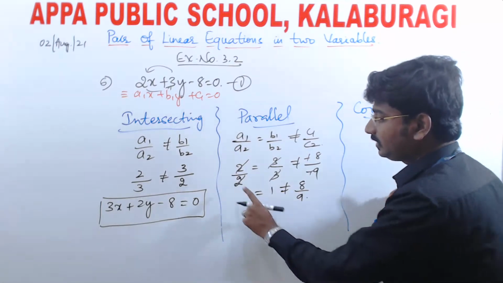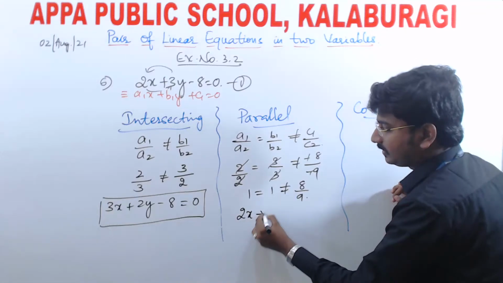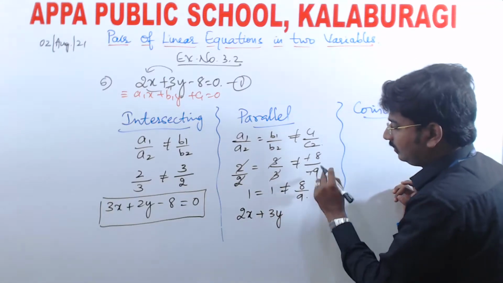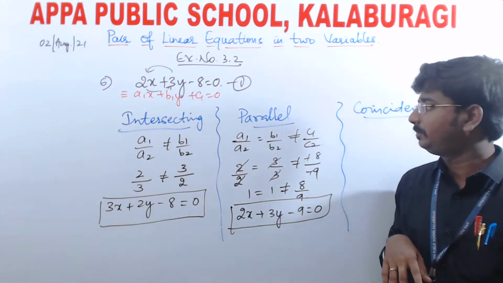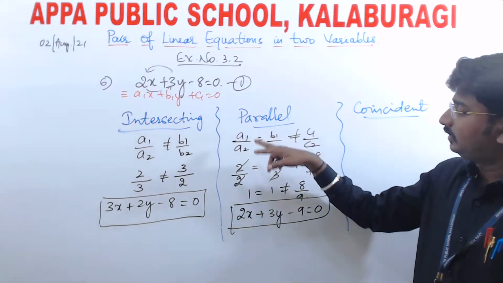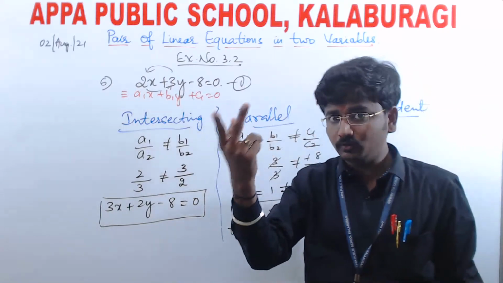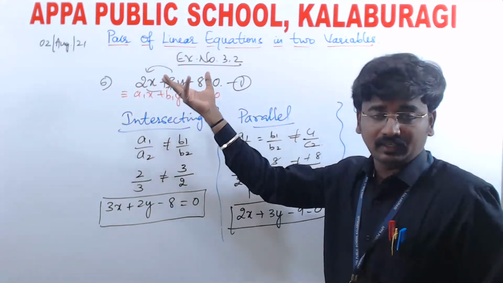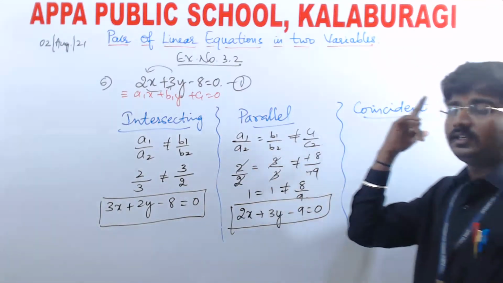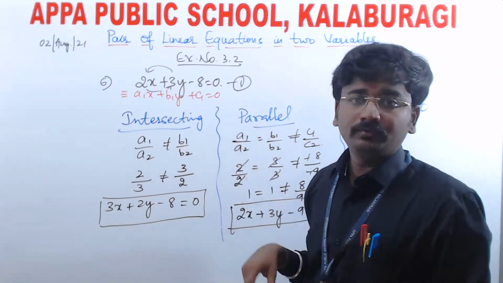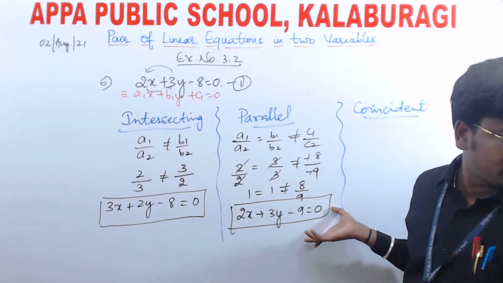Correct? Now what will be the equation? See the A2, B2 and C2 value. 2x plus 3y minus 9 equal to 0. So this is the second pair. What happens? 2 by 2 is 1, 3 by 3 is 1. 1 is equal to 1. If you take again this as minus 8, it will become again 1. All are equal, and that is a different condition. So I will take some other number with my sign either minus or plus. Choice is yours. So this is the condition for